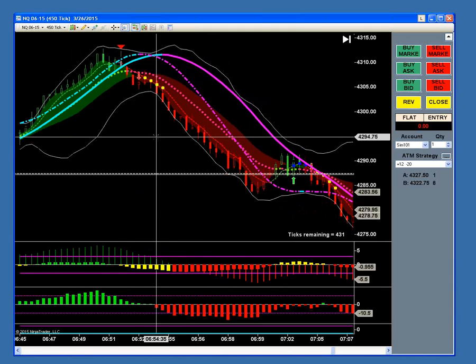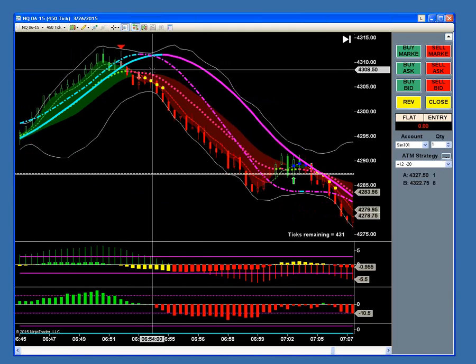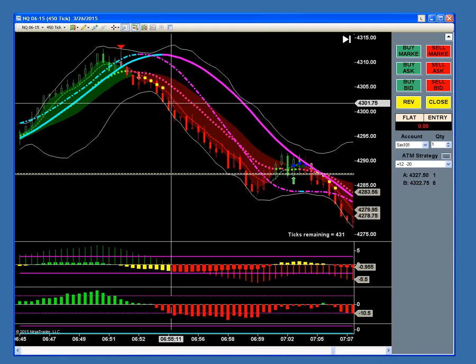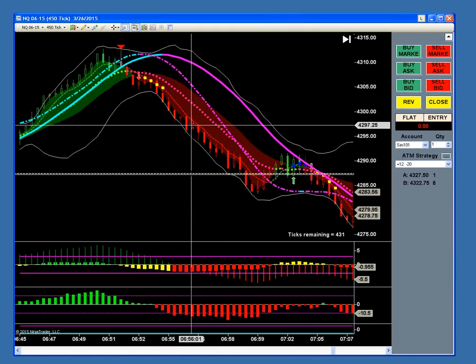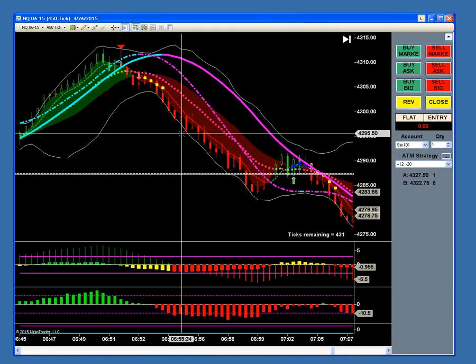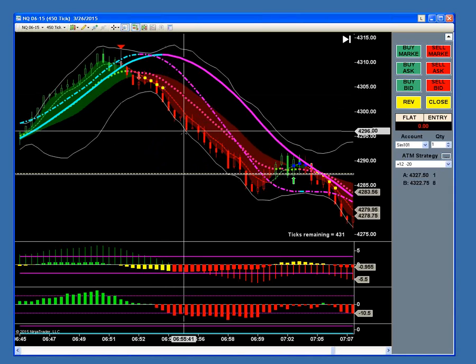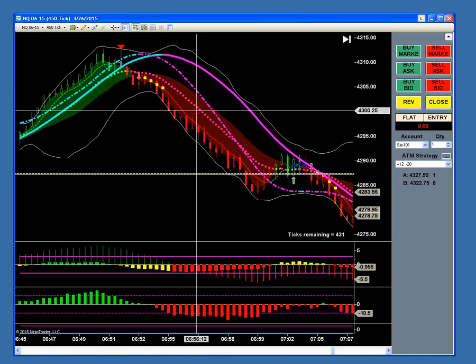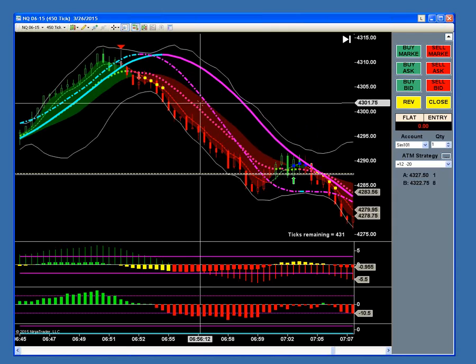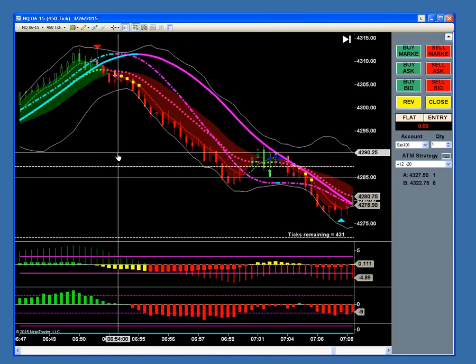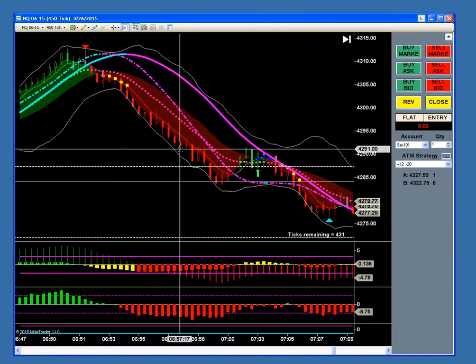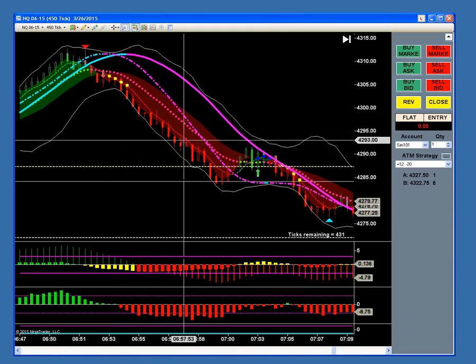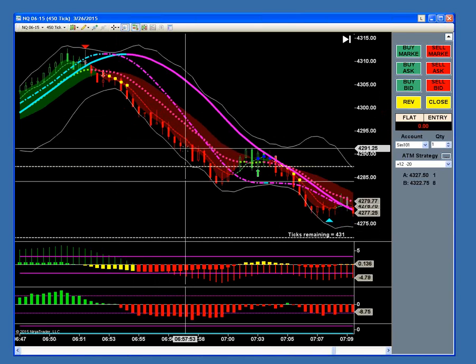Now, if you had some inkling that this was going to be a stronger move, then all you've got to do is track the trade, tapping the Bollinger Band, and keeping within the general channel within the Bollinger Band and the trade signal line, using the Cobra as a stop. A tick or two above the Cobra, you're going to want to get out of that trade if you start seeing counter-colored candles. Otherwise, just track that channel using the Bollinger Band and the dynamic or the trade signal line